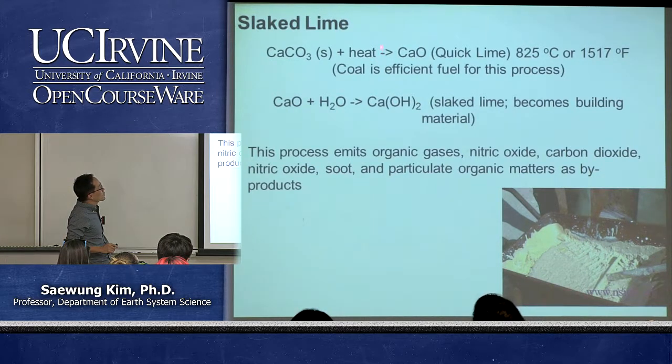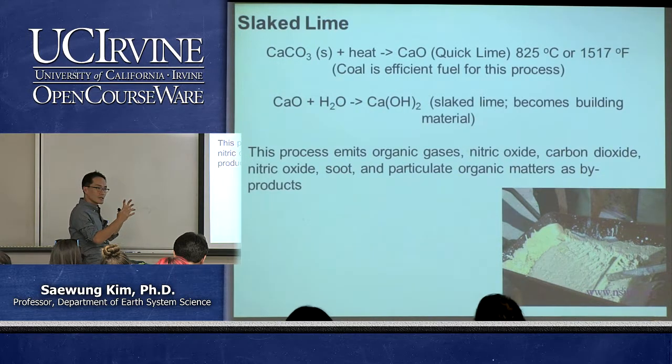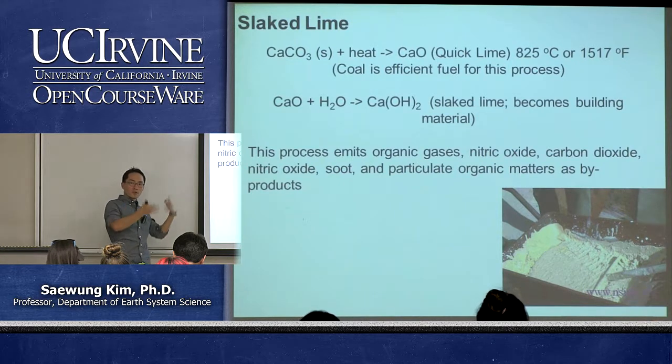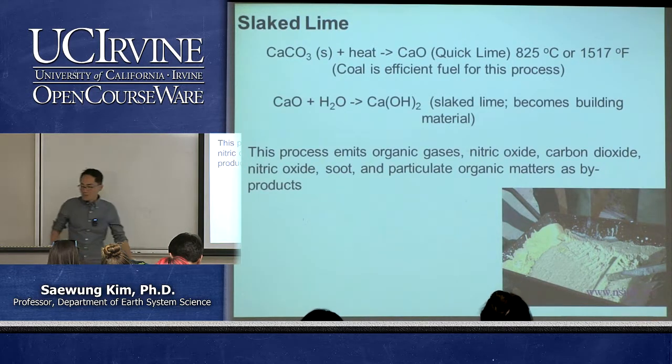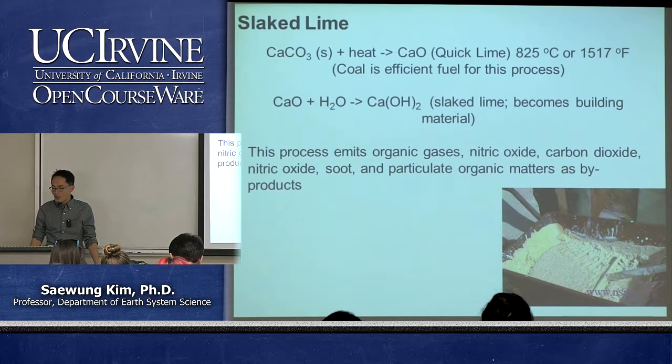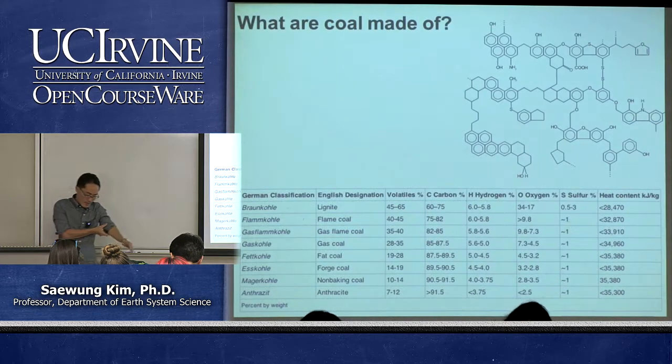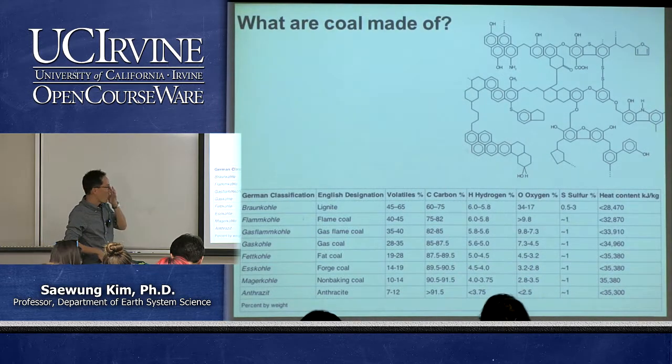So they used coal to heat this material you can find in nature, calcium carbonate, to make another chemical species that you can use. Basically, this is the cement that you can make a nice brick out of. So you can make a building, all sorts of things. So it has been used widespread. And then let's think about why